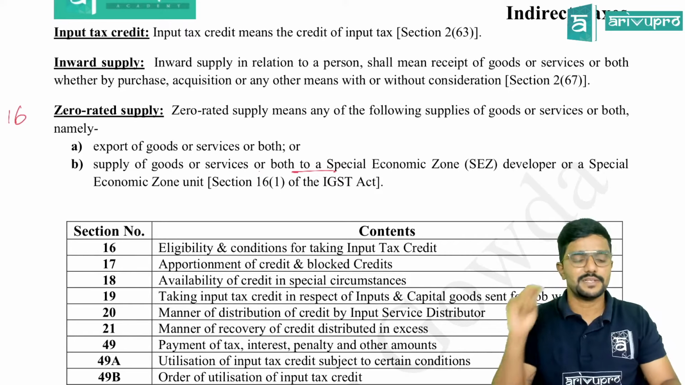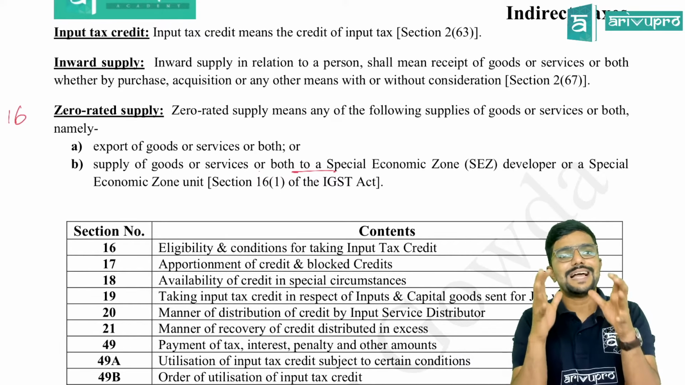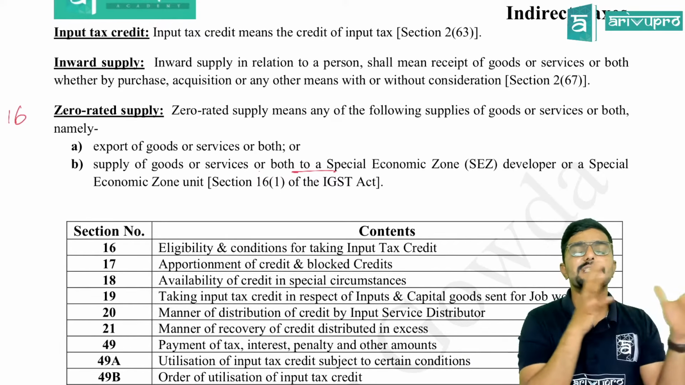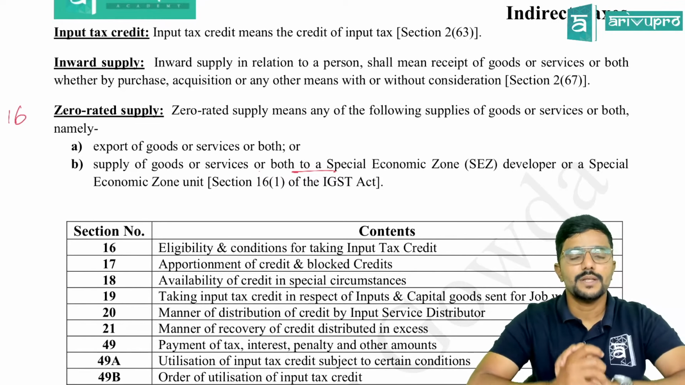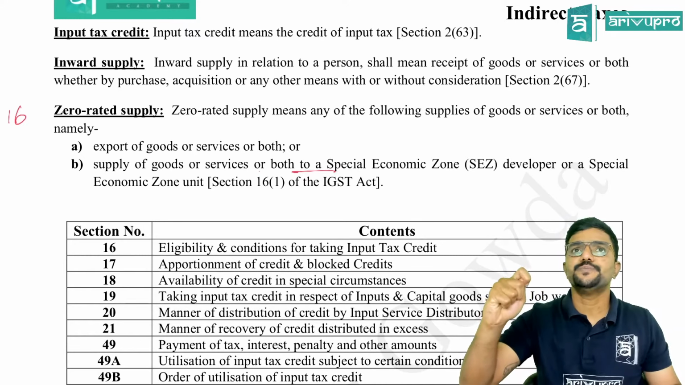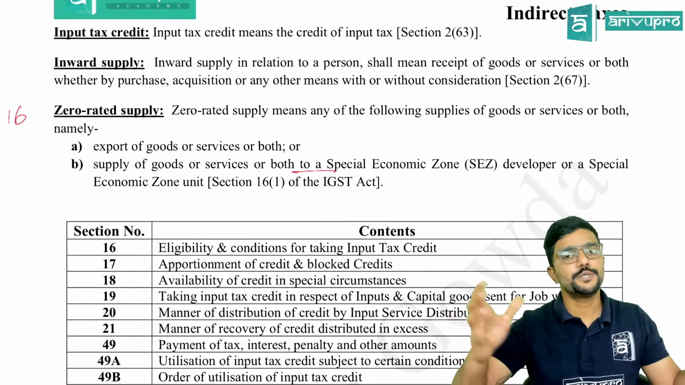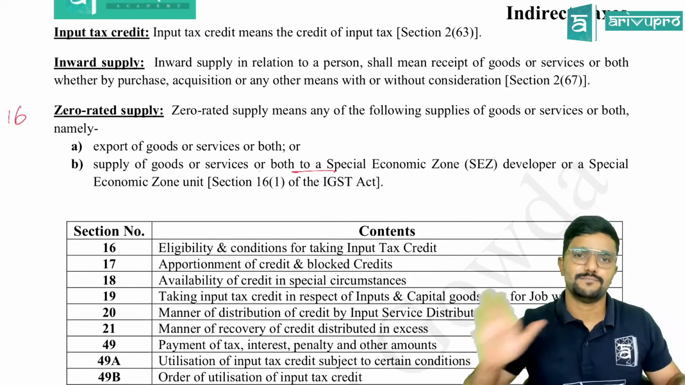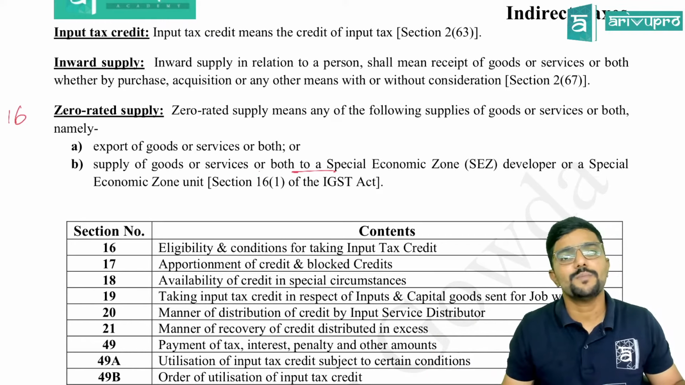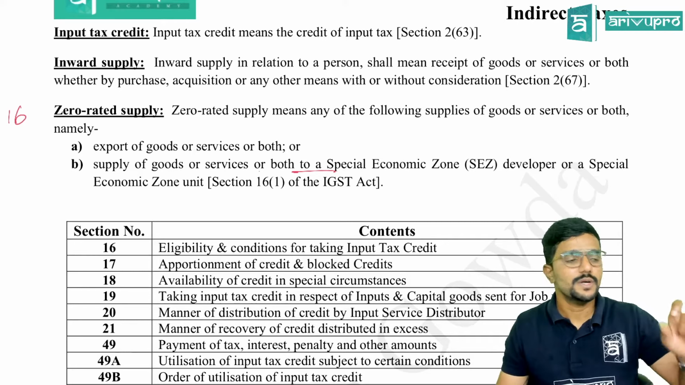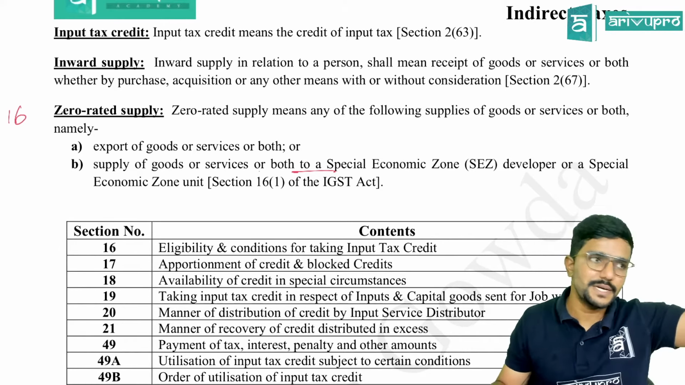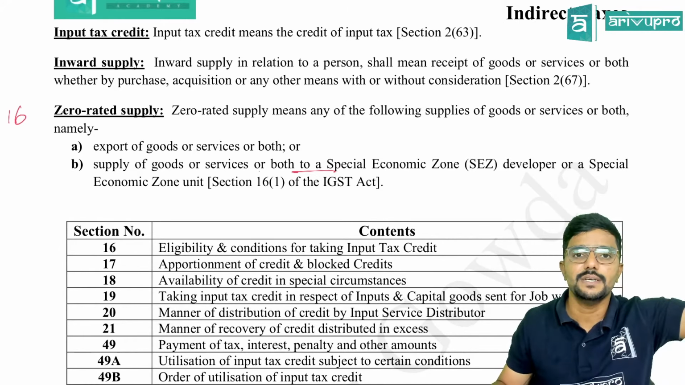For example, let me give an example. Now, the government has notified that Electronic City in Bangalore is a special economic zone. They have given the contract to a developer to build and develop that area. Who is that developer? The special economic zone developer. Anything supplied to the developer in this Electronic City is a zero rated